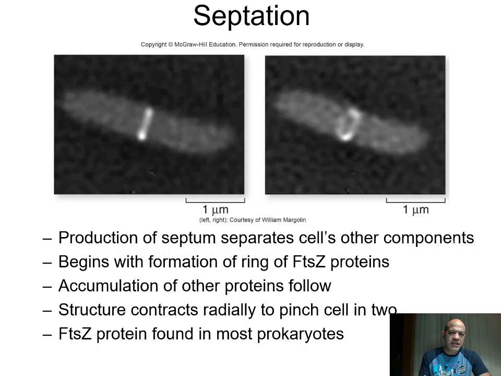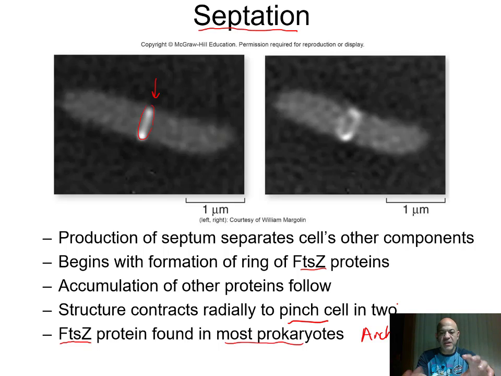So looking at the septation process, the process in which divides the bacteria cell, you can see that they've tagged the proteins involved in septation, and they're glowing in this image here. So these are those FtsZ proteins organizing that septation to occur here. So structurally this is going to help pinch the cells in the middle, and this particular type of protein assembly, the FtsZ protein, is found in most prokaryotes, including the archaea, which are those, there's two groups of prokaryotes,